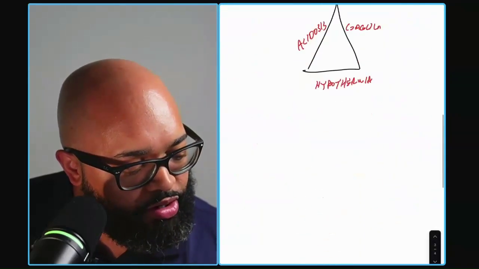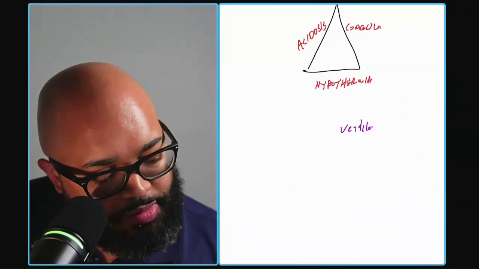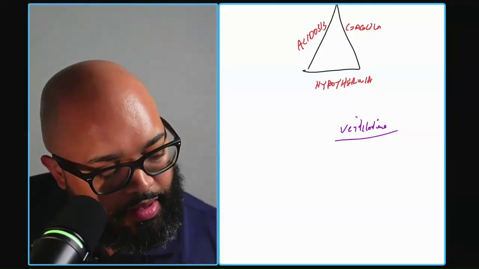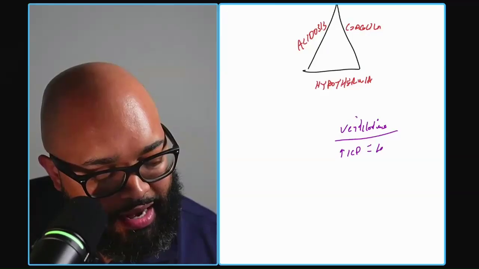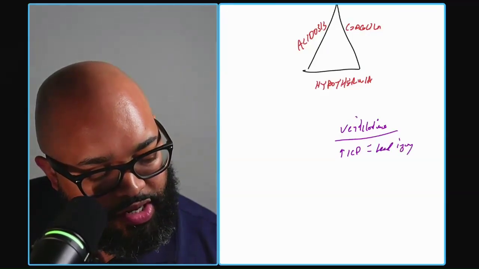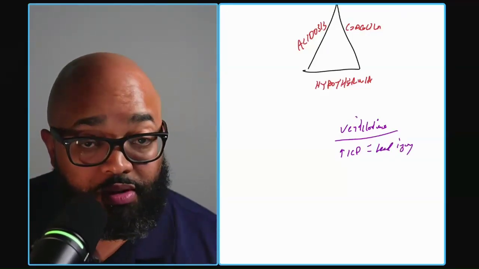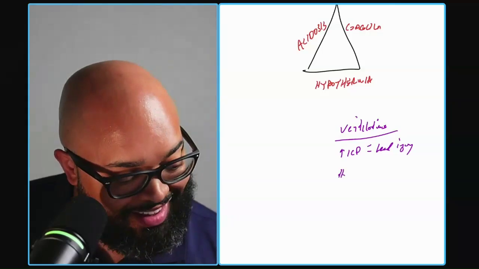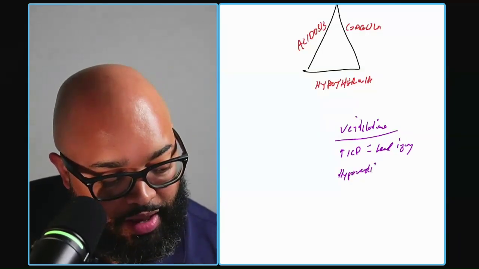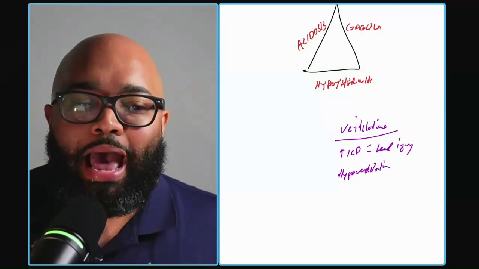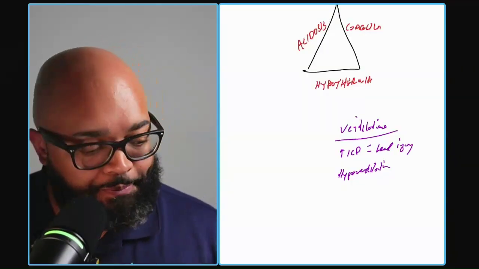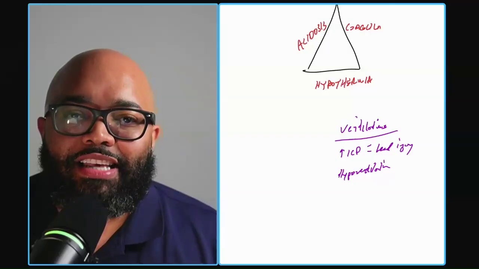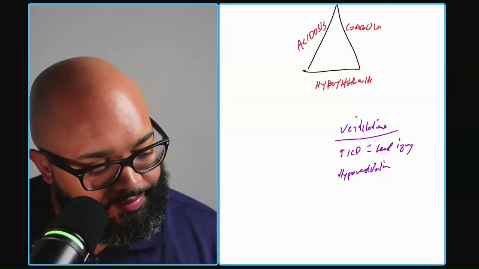So here's what we're going to do. Let's go over ventilation problems. Well, we have increased intracranial pressure. What could cause that? Head injury. What else could cause that? Just hypoventilation, period. Okay, so now let's take this word hypoventilation and say, what could cause somebody not to breathe well? What are some things that could slow down somebody's breathing?